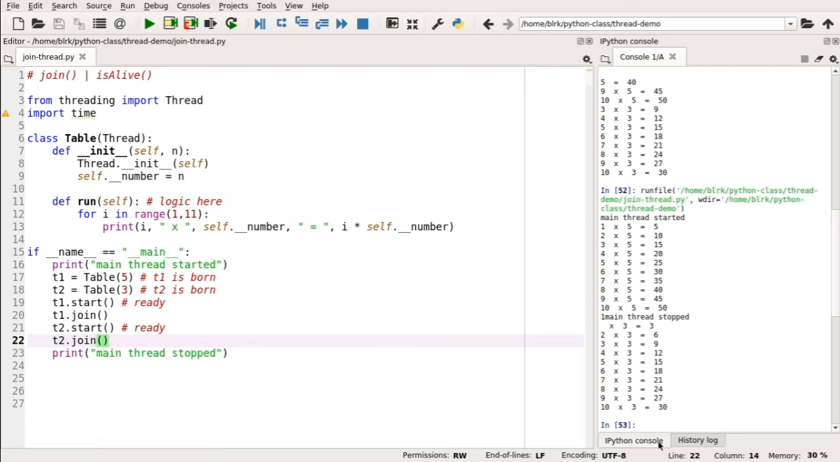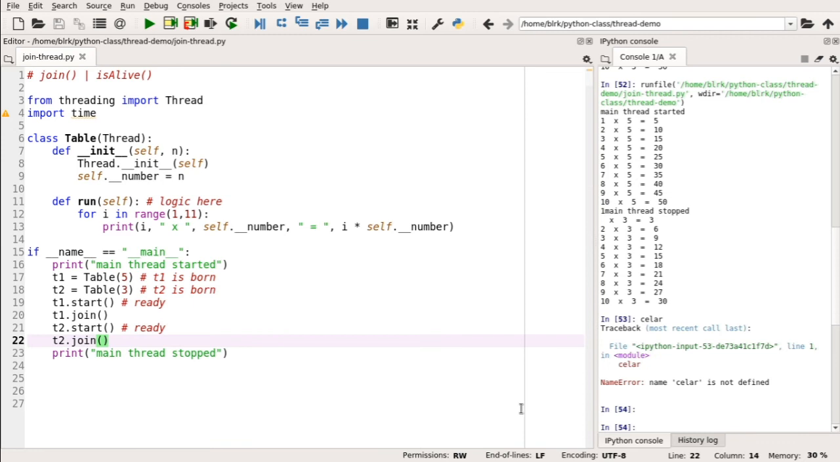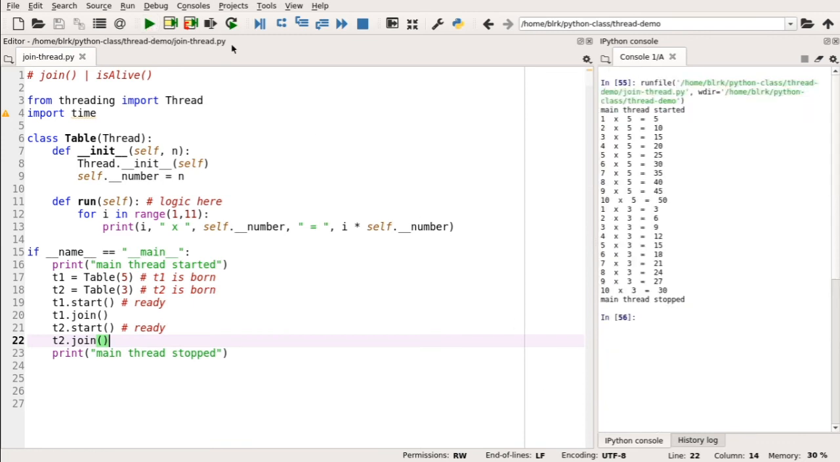Okay, now let me clear the screen and run it again. Now look at this: the main thread started, fine. The first thread got executed, my fifth multiplication table got printed, and my second multiplication table got printed, then the main thread has stopped. So the join method basically helps us to understand,